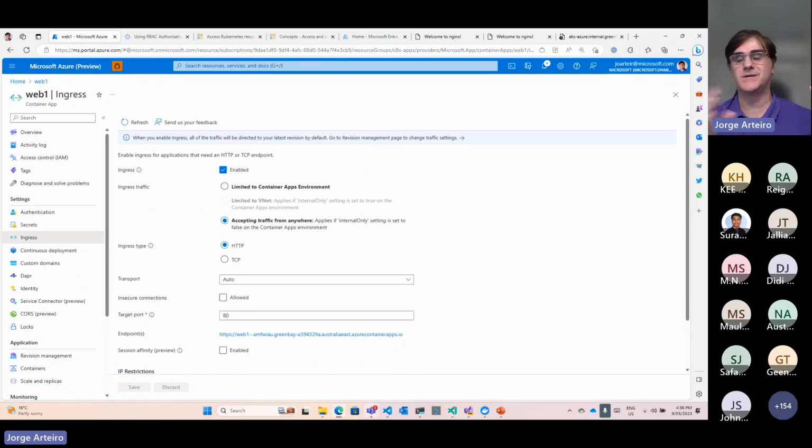Then I have three main products: Container Instances, Azure Container Apps, and Azure Kubernetes Service. Container Instances is for single deployments, just run and stop, or a background application. Container Apps is also for the same things, but we can respond to events, respond to queues. We can run pretty much anything that you have a container image ready to run. And you can have TCP ports and everything. And because Azure Container Apps run inside the environment, you can have the whole application, all the microservices, all the components of your application running in there.